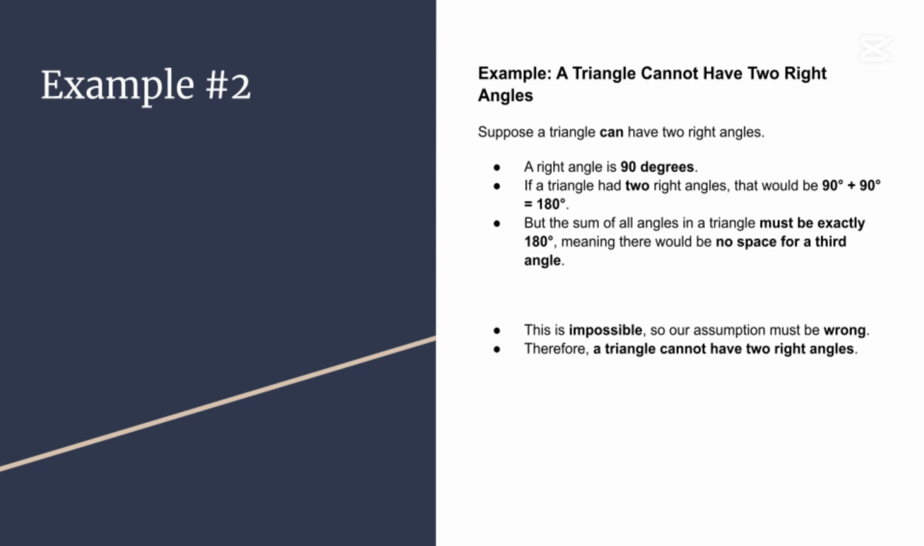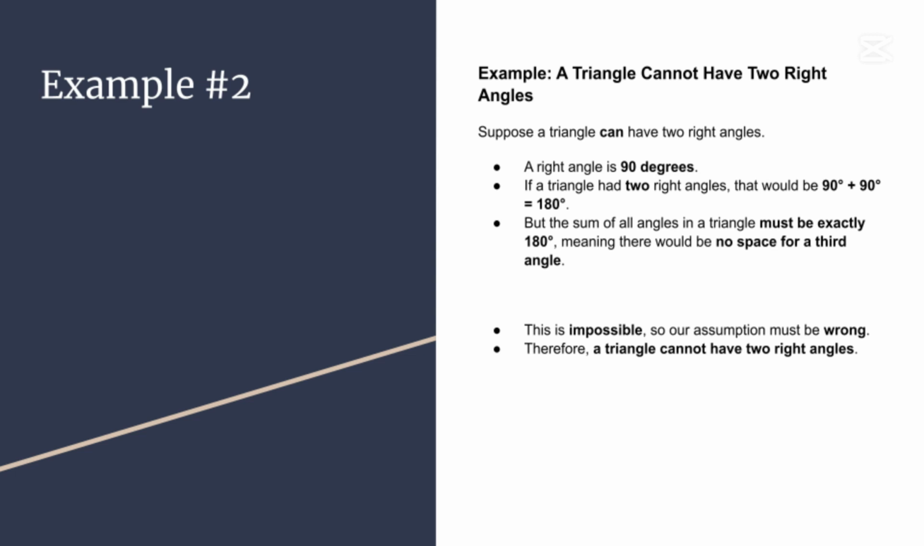Another simple example of proof by contradiction is this one. Our original statement is going to be a triangle cannot have 2 right angles. So first, let's assume that a triangle can have 2 right angles. And let's look at it logically now. A right angle is 90 degrees. True. If a triangle had 2 right angles, that would be 90 plus 90, which is a total of 180